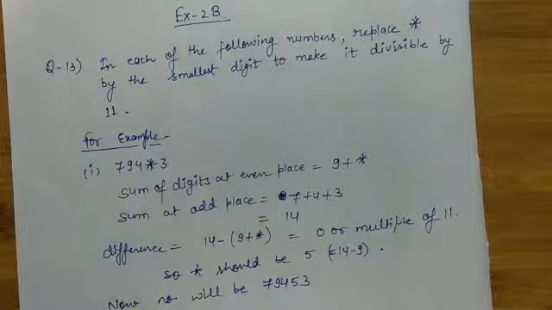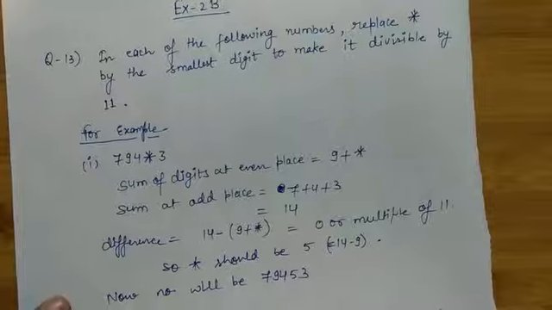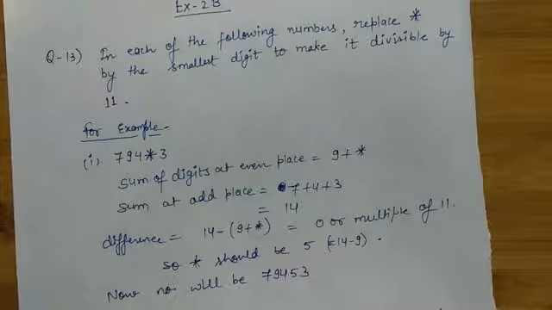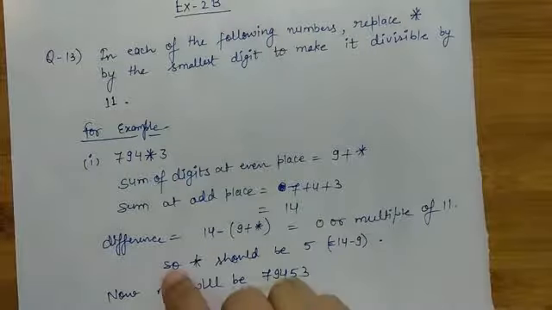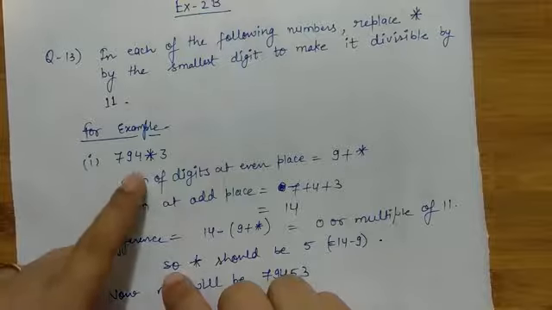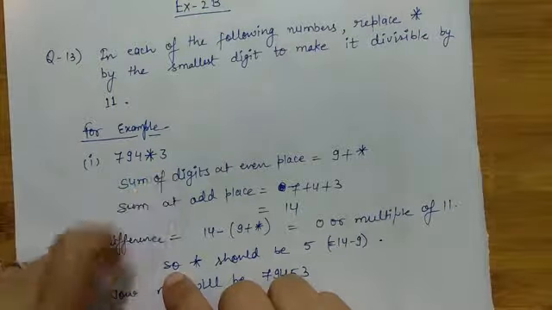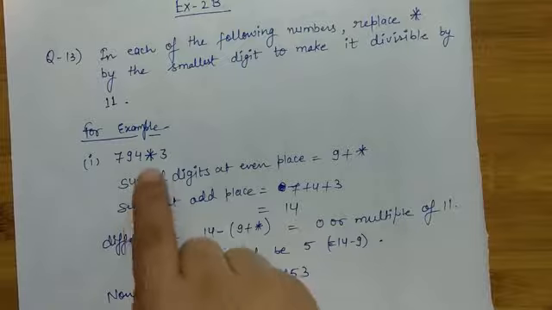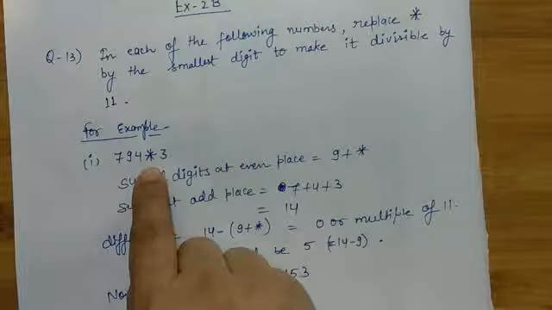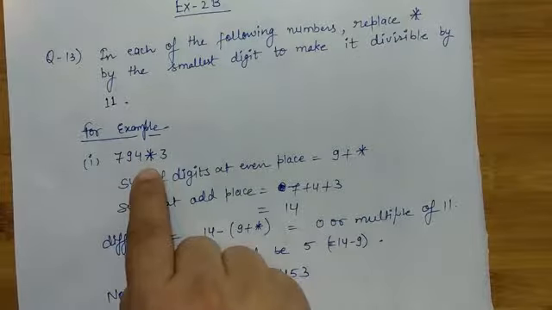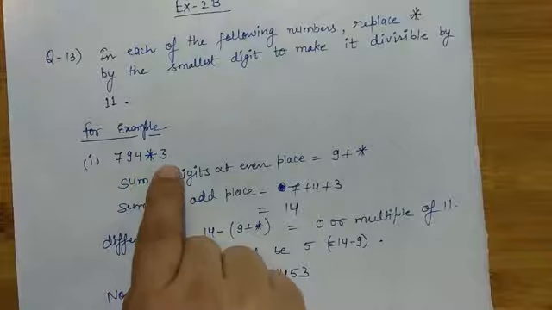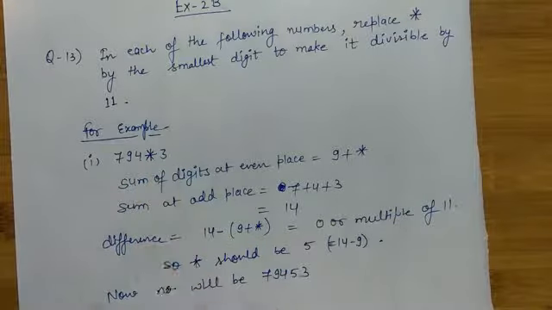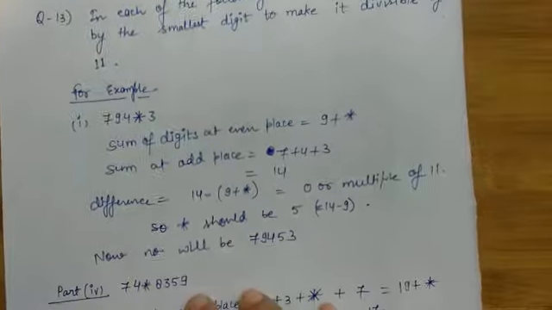So I am moving on in the question. I have taken one example from my side and I'll solve one part of that question. So one example I have taken, that is 79,004 and then asterisk symbol and 3. So you have to find the smallest digit which can be put over here to replace this asterisk symbol, and then the number which you will find at the end will be completely divisible by 11. For this thing we have to follow the rule of divisibility by 11. So what was the rule?